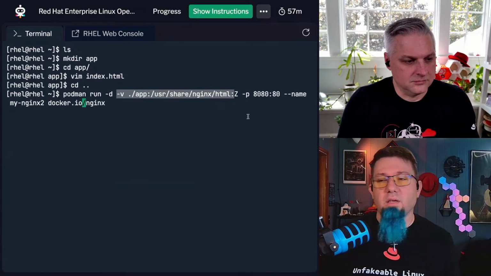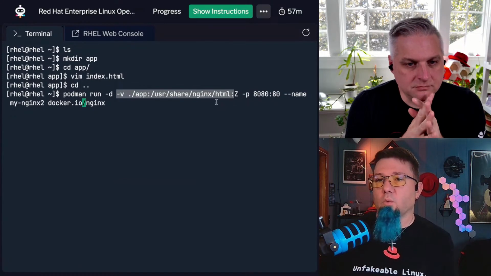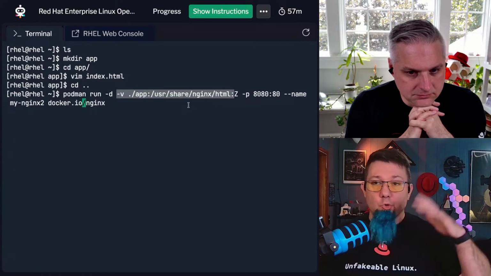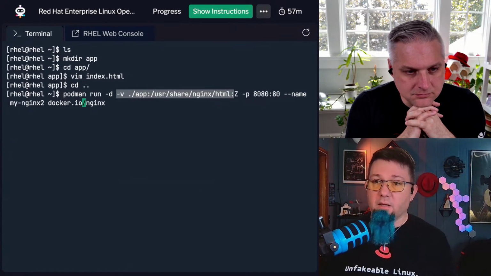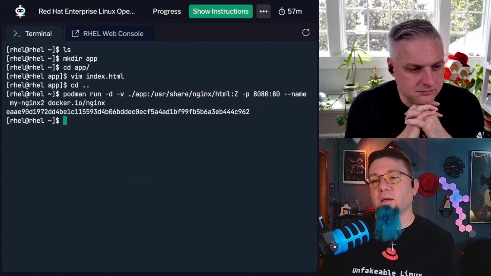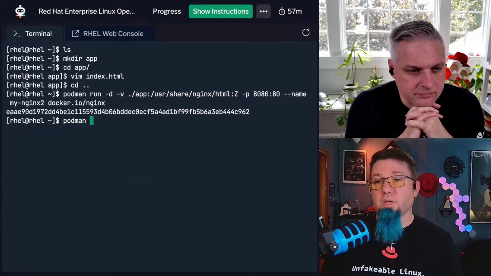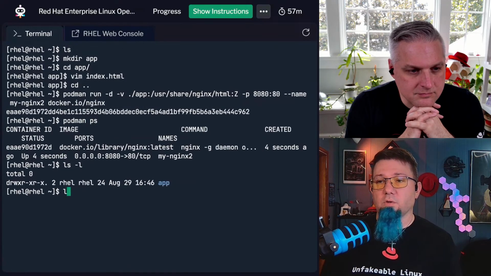And then the -p we talked about before passes in that port. We're going to give it a name, mynginx2, because I didn't want to worry about trampling other containers. And docker.io/nginx, right? So we're going to run this. And then if we do a podman ps, there it is running. Now, if I do an ls